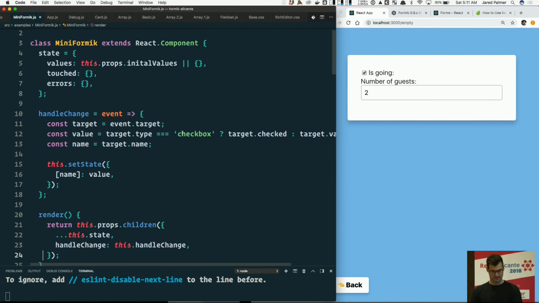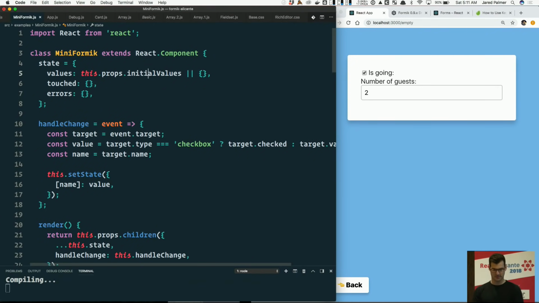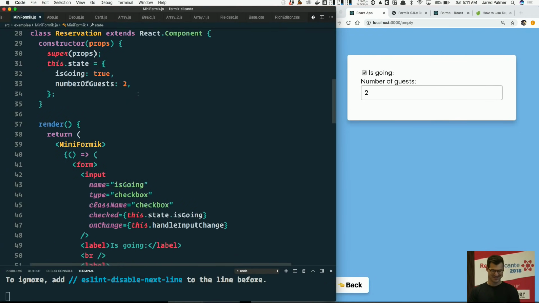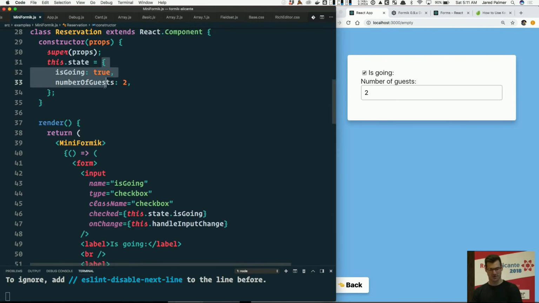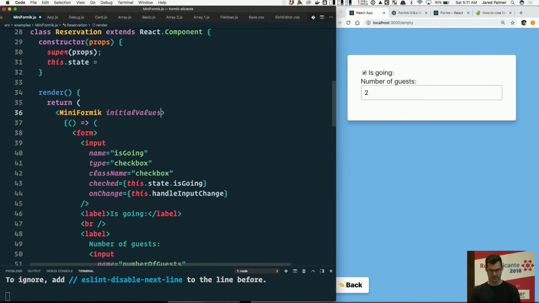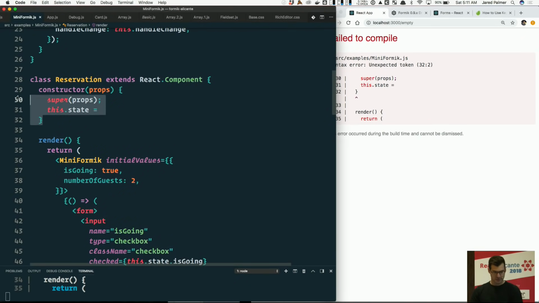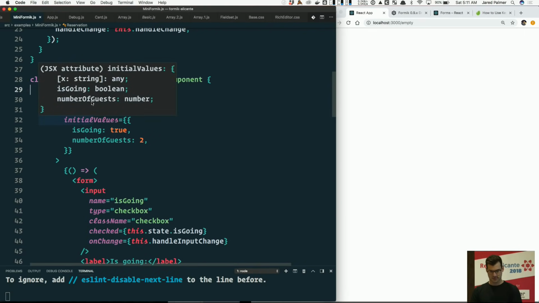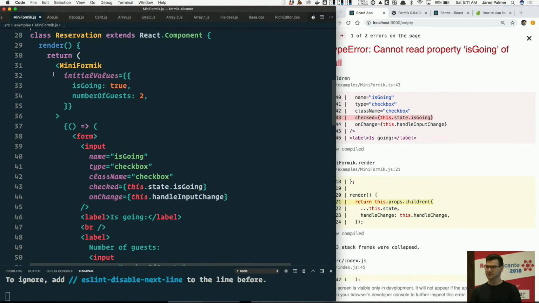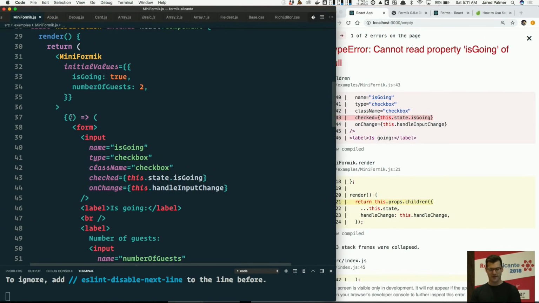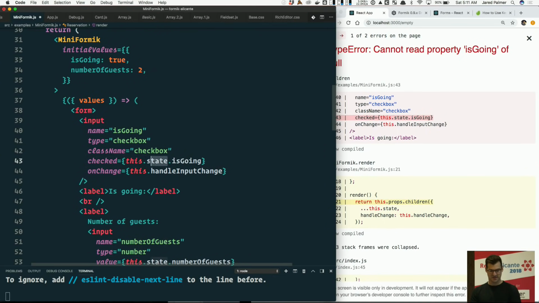Cool. I am missing a value. Oh, initial. I did that during practice too. Thank you. All right. First mistake. All right, so this state is used. We want to make sure that our little mini form can be reused, right? So let's just grab this state and set it to initial values. And the reason for that is I didn't delete the constructor. So now I can delete that. Yes, that's a great error. Let's get our values back out of Formik, or MiniForming, I should say, through the render prop. And because of the symmetry,